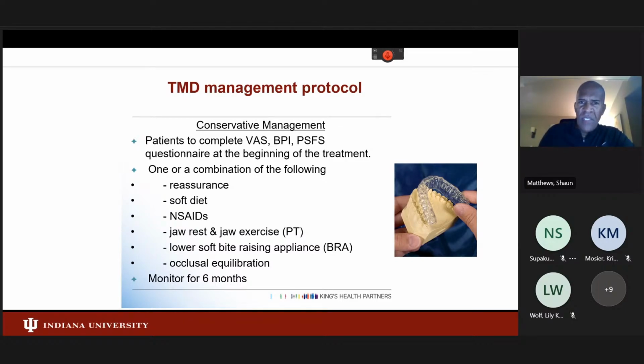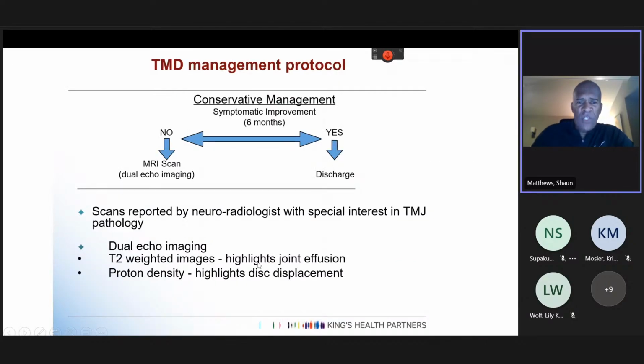So once the patient's been managed for 6 months conservatively, I will then ask myself the question, so we're going down the right arm of the algorithm here, if that patient's symptoms are improved after 6 months of conservative management, then I will discharge them from my care because they're better. If the answer is no, they have not improved, then I go down the left arm of the algorithm, and